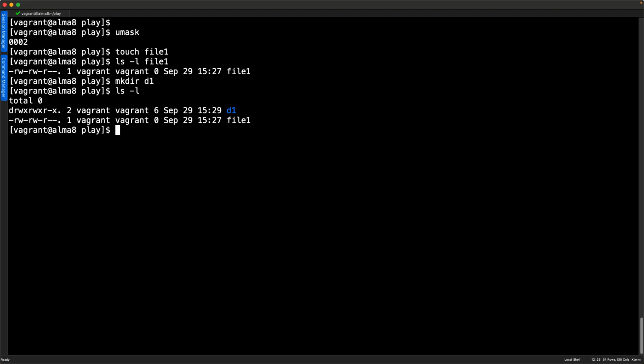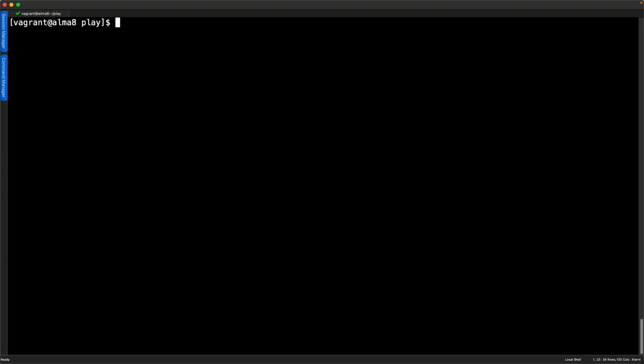To show you what I mean, if I clear the screen, if I want a whole load of files to be private, I can set my umask value in my current shell to be 077. So we're not removing anything from the user, and we're removing all permissions from the group and others. I can hit enter on that. And now if I go through and touch file, we set a whole load of files. So let's use our brace expansion, and we can then have files 10 through to 19. And then go through and close off my brace brackets.